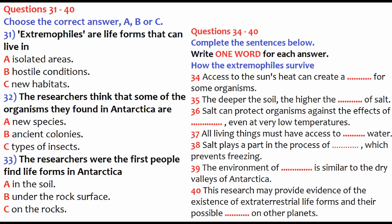And this research is being carried out in the remoter regions of our planet, places where the environment is harsh and, until recently, it was thought that the conditions couldn't sustain life of any kind. But life forms are being found, and these have been grouped into what is now known as extremophiles. That is, organisms that can survive in the most extreme environments. And these discoveries may be setting a huge challenge for the scientists of the future, as you'll see in a